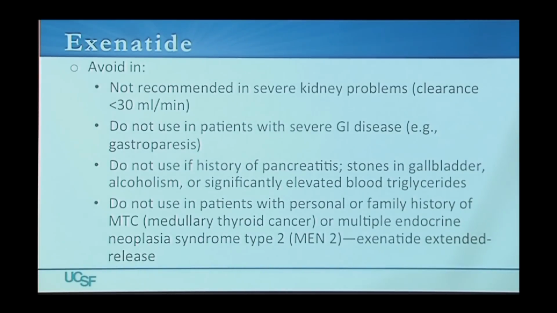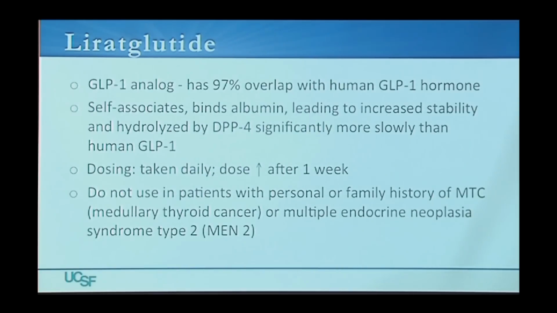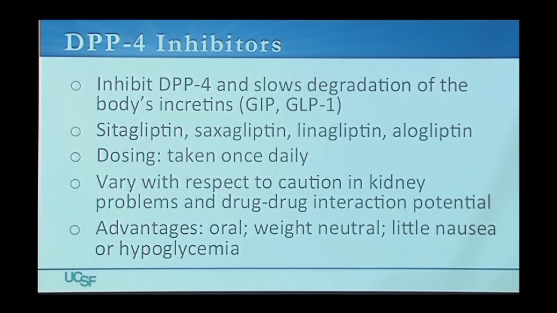And then for the weekly formulation of exenatide, for people with a family history of thyroid cancer, we can't use the medicines. The other medication in this category is liraglutide, very similar, but this is just taken once a day instead of twice a day. So where exenatide is twice a day, this is once a day. And then moving on to the